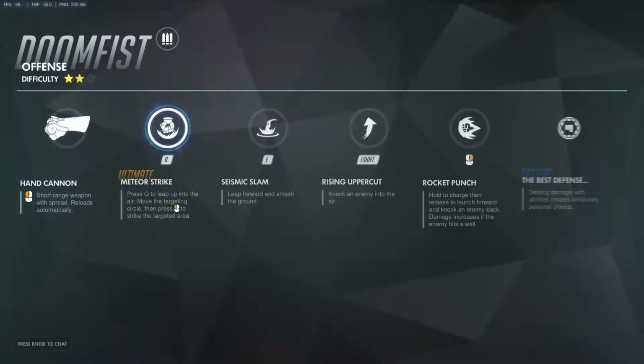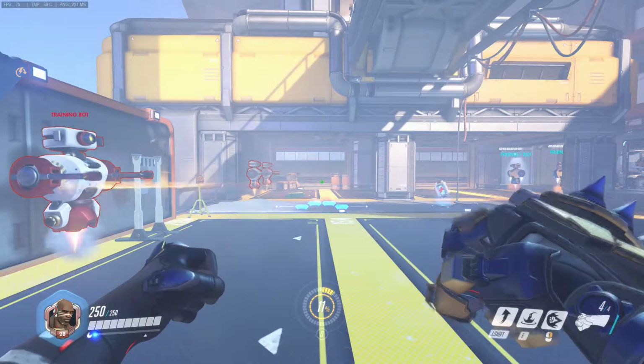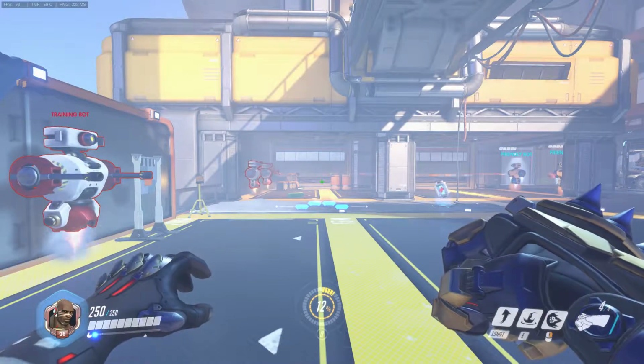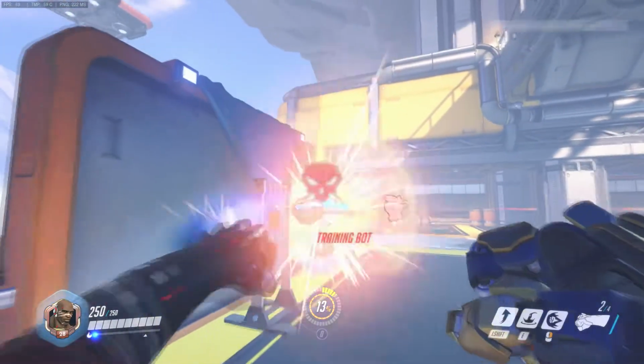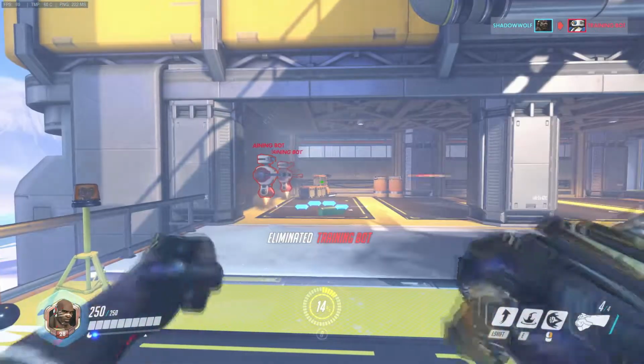Now, for his passive ability, which is called the Best Defense, dealing damage with abilities creates temporary personal shields. Now, if you really know how to play Doomfist properly, and I'm going to say this now, I do not, he can be a really OP character to play with. For instance,